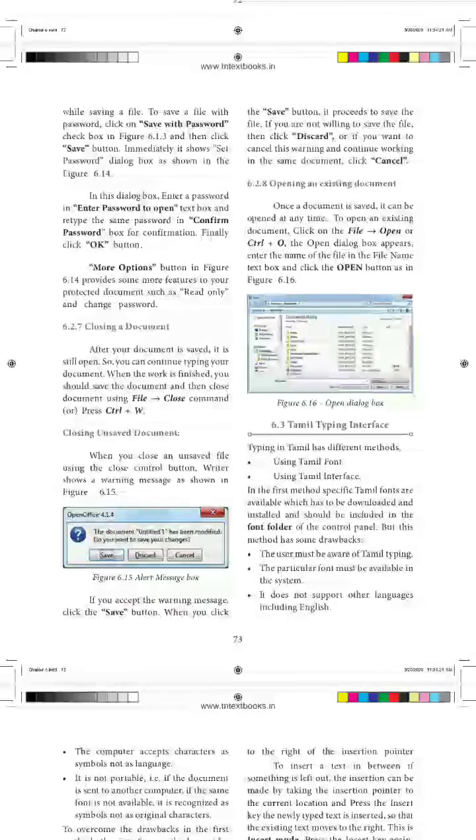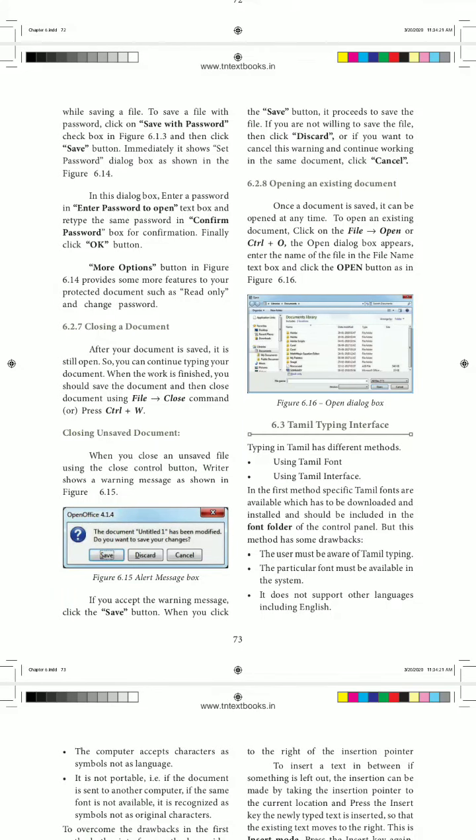Next, you can see closing the document. You can close it by using the control commands like close, maximize, or minimize, or you can close it by the shortcut key Control X. Okay, Control X is the shortcut key, or if you don't know that, you can also use File, Exit or